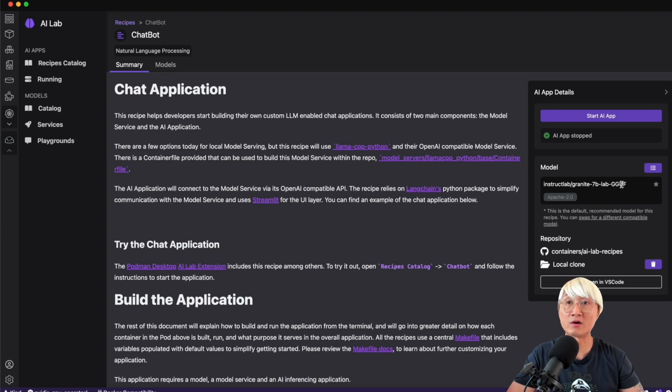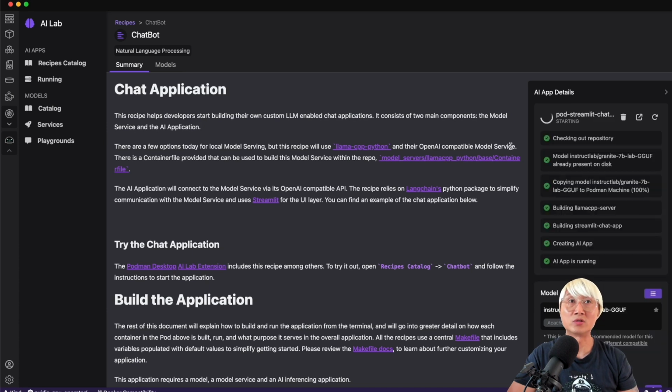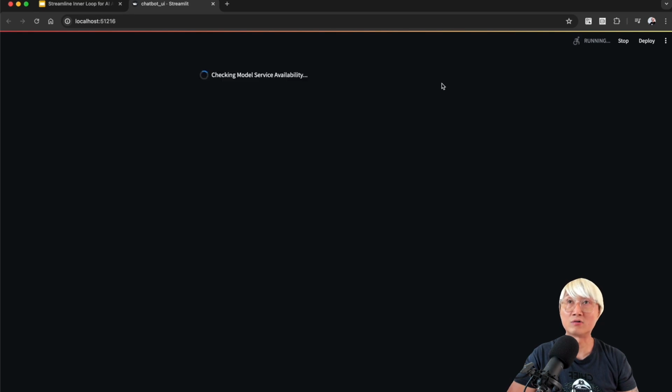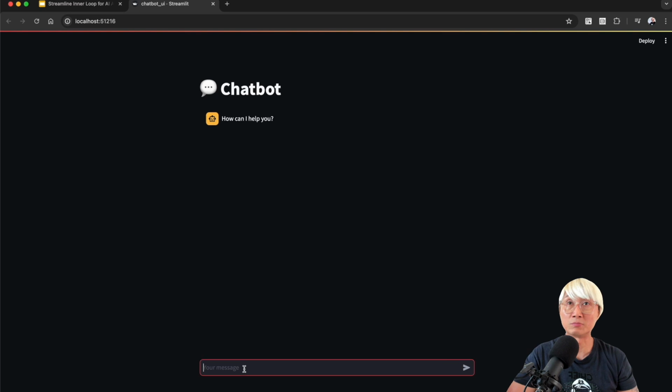When you click on chatbot, you can see a detailed explanation of what capability and features this chatbot application provides in the recipe, and you can see that this recipe is actually using the Instructlab Granite model. We quickly start the AI application as an example. When you start, it automatically downloads the LLM model from Hugging Face and then runs the sample application as well. And once it's started, you can check out the landing page for the application, a simple chatbot,